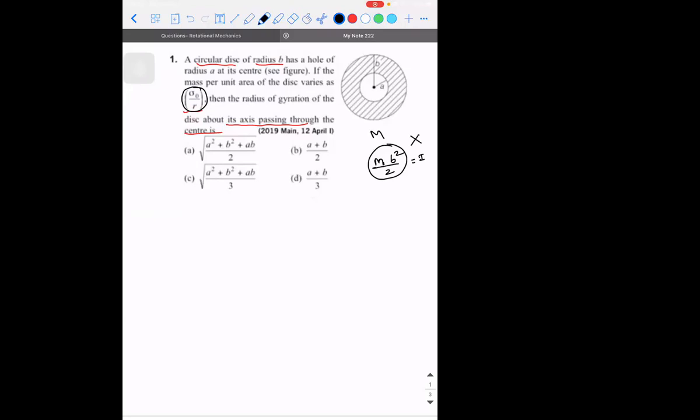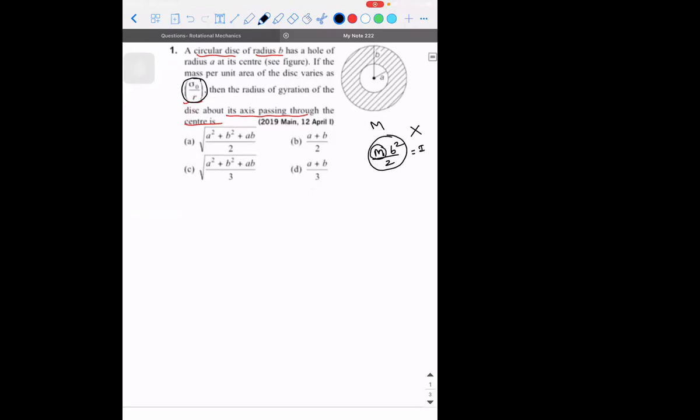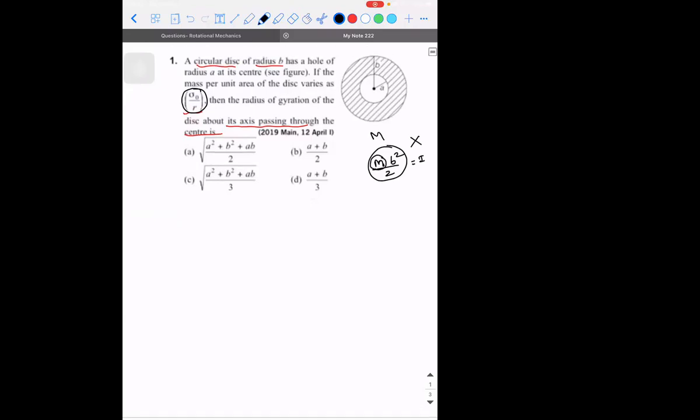Because here, the moment of inertia m b square divided by 2 is derived by considering a uniform mass density. What do you mean by uniform mass density? It means the value of sigma comes out to be the mass divided by pi r square, that is pi b square. Here it is a constant value. But what have they mentioned in this question? Is it a constant one? The mass per unit area, that is the mass density of the disk, is varying with respect to distance, where r is the distance from the center actually.